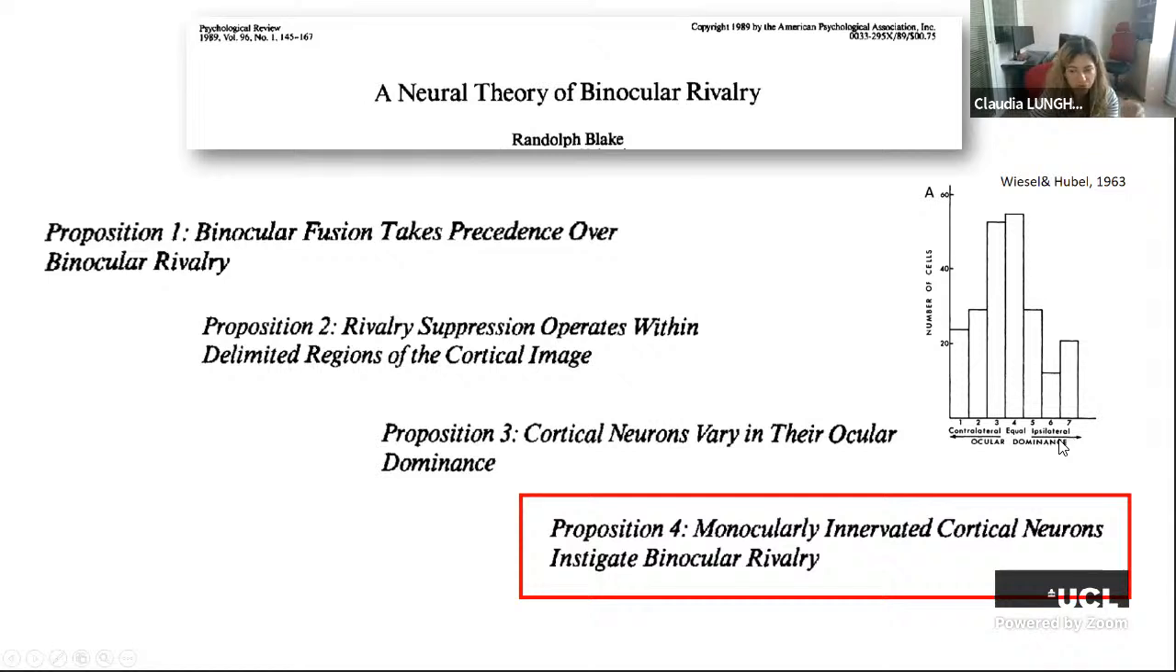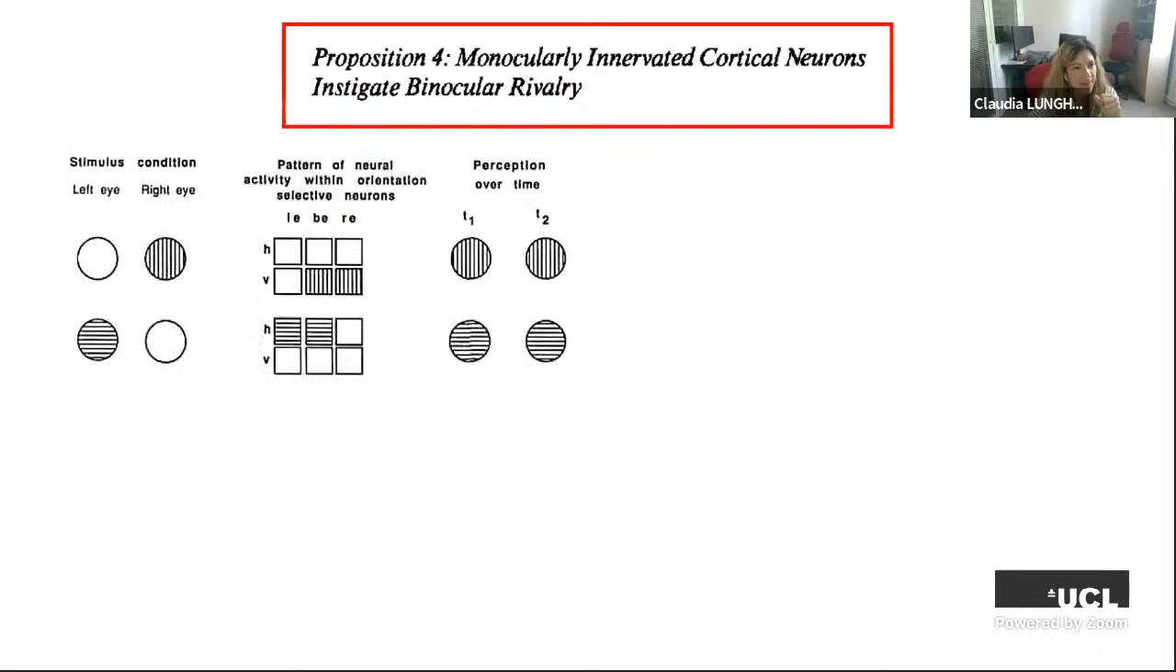And I would like to take a closer look at proposition 4 and go into some detail, because this is really the proposition that is the base of the whole theory. So Randolph Blake starts by presenting different examples of what the behavior of monocular and binocular neurons will be in case of different